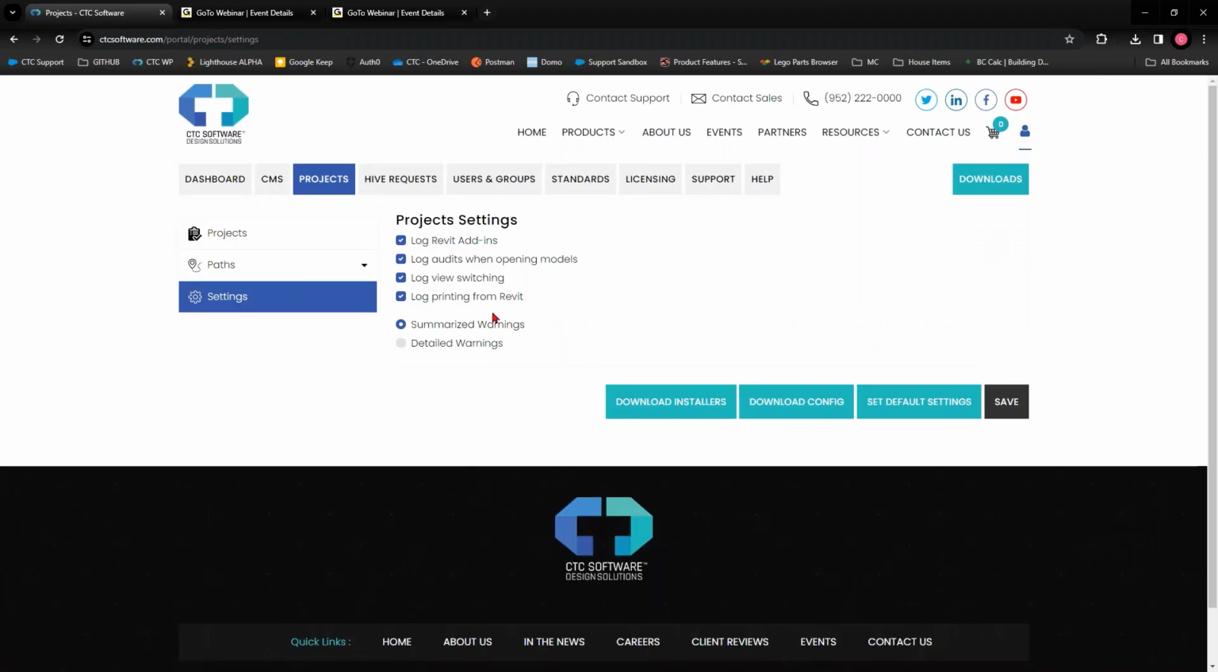We have the ability to control what you are looking for, to an extent. Do I care about the add-ins? Do I care about audits, view switches, printing, warnings? Do I want a summary or do I want the details? So the warning summary is just the warning and the IDs. The detailed warnings list is each individual element listed with that warning and the other affected elements to go along